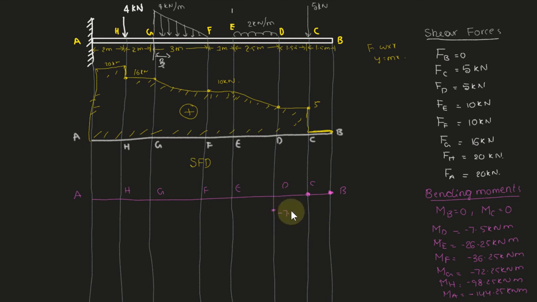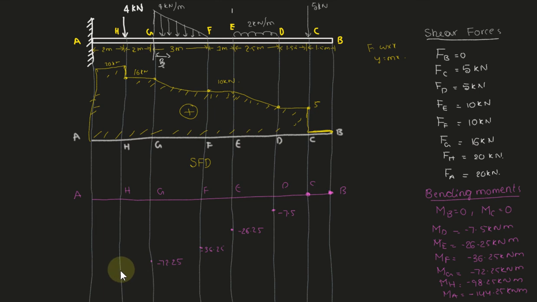Minus 7.5. So I am not representing the units, as all the units are mentioned here. At E this is minus 26.25 kilonewton meter, and at F this is minus 36.25 kilonewton meter, and at G it is minus 72.25